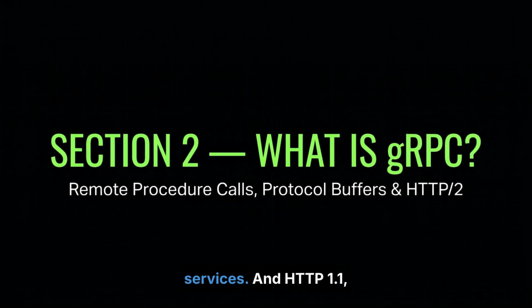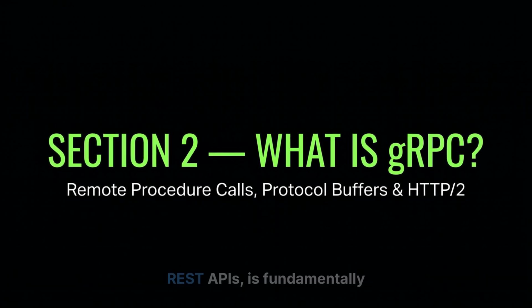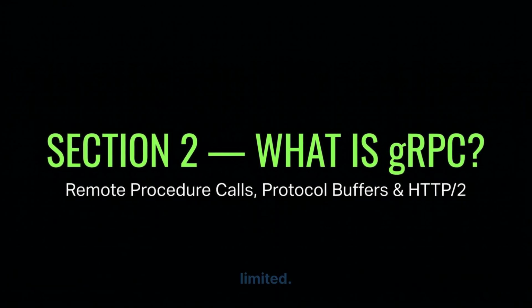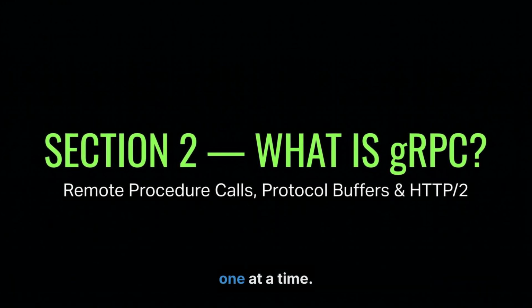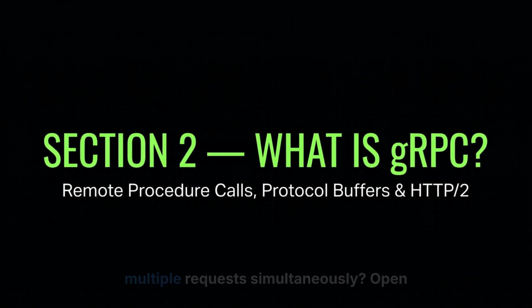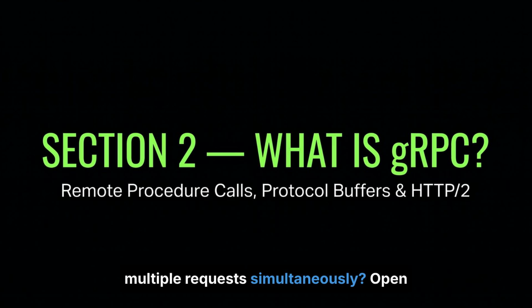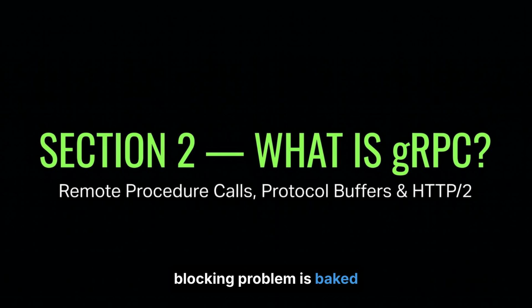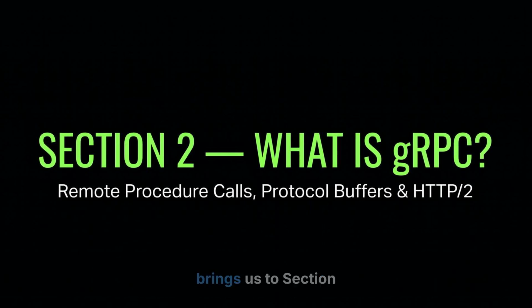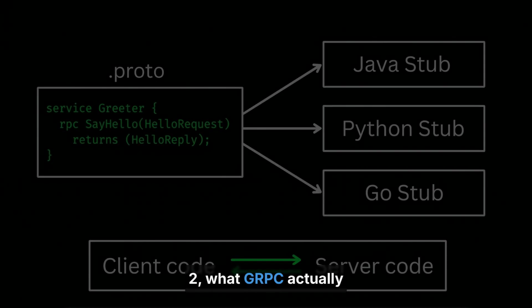between services. And HTTP 1.1, the foundation of most REST APIs, is fundamentally limited. One request, one response, one at a time. You want to send multiple requests simultaneously? Open multiple connections. The head-of-line blocking problem is baked into the protocol, which brings us to Section 2, what gRPC